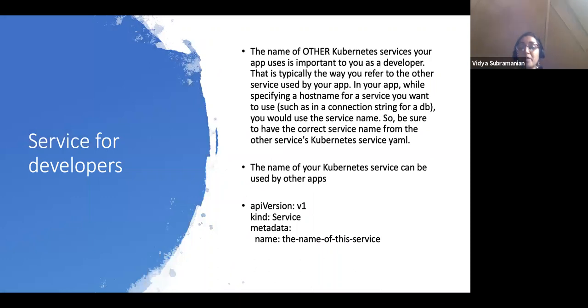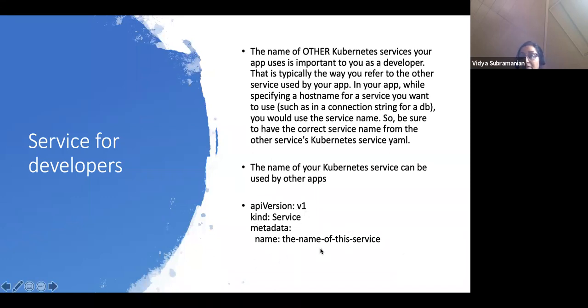But as a developer, what you really need to know is that the name of the other Kubernetes services your app uses is really important. For example, we did not specify it using a YAML file for our simplistic example in the hands-on so far. We will look at it right after these slides. You have the API version, the kind is a service, and the name.